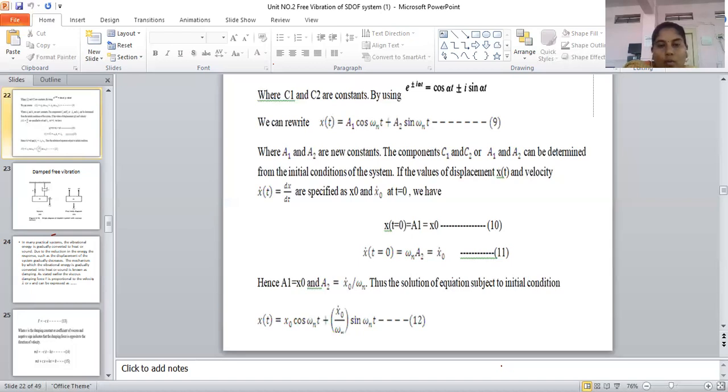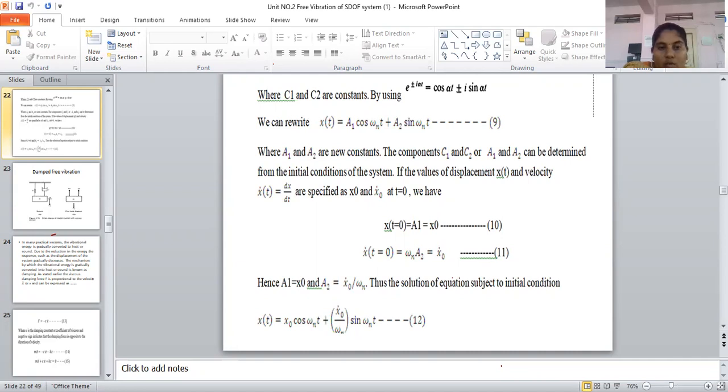Okay, so I hope all of you have cleared this: x of t, the x value will become in terms of x1 plus x2. So x of t is equal to c1 into e raised to s1t plus c2 into e raised to s2t. S1 value already we know, s2 value already we know, and putting them here, the equation will become like this. Okay, below this write down where c1 and c2 are arbitrary constants,